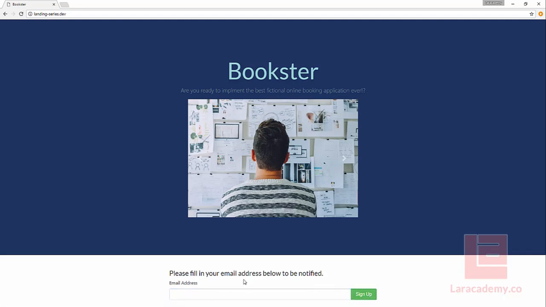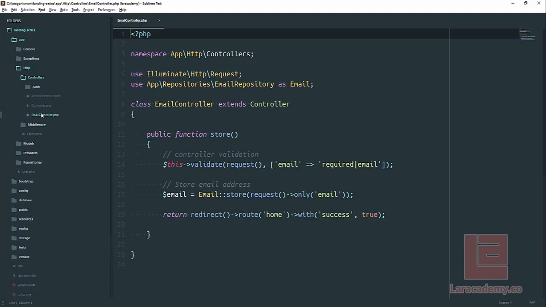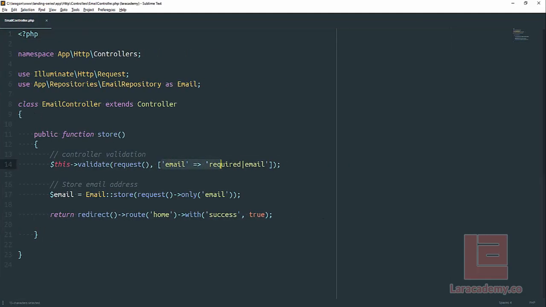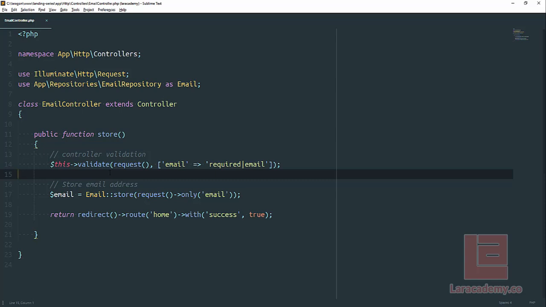our requirements. If we open up our email controller in Sublime Text, we can find it underneath App, HTTP, Controllers, and then Email Controller. In the store method, we're validating our email address so that it is required or not null, and it meets the email standards. When we call the controller validation, Laravel is automatically going to return back to the previous page with our user input found in the request and the error messages from our rules here. This means that no changes have to happen in our email controller for the errors, but we need to locate